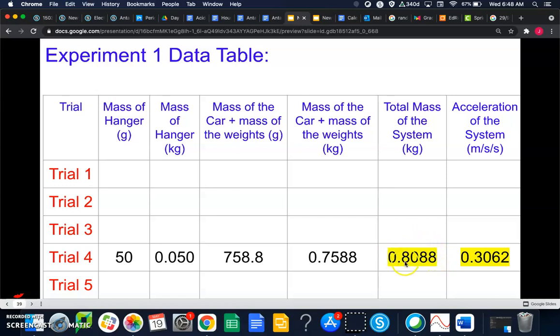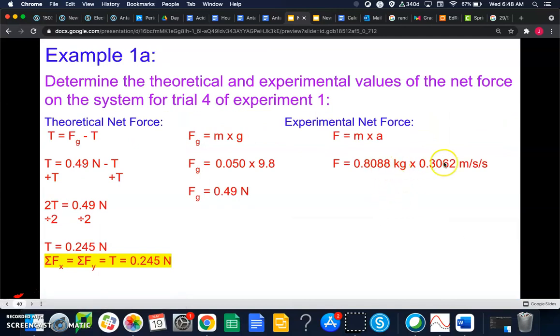So that's 0.8088, and we're going to multiply that by the acceleration in the system, which is 0.3062. We're going to multiply those two values together. So then our net force will be equal to 0.2477 newtons. Or said differently, our sum of all forces is going to be equal to 0.2477